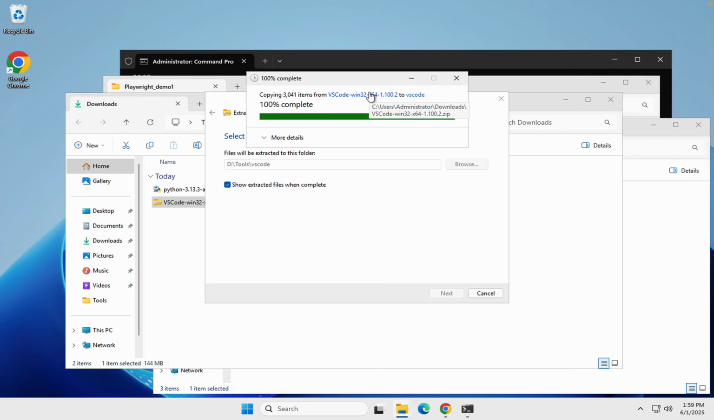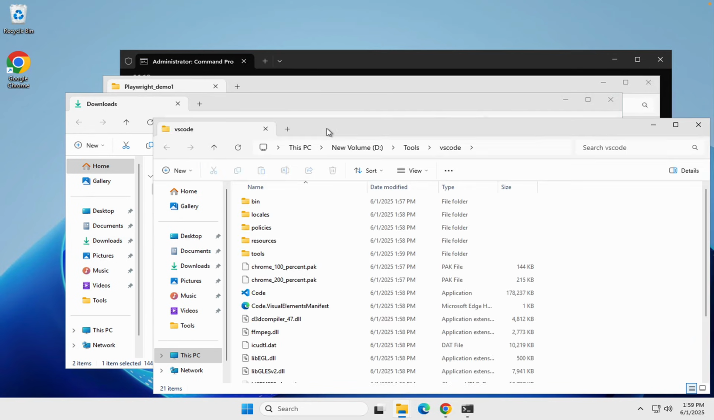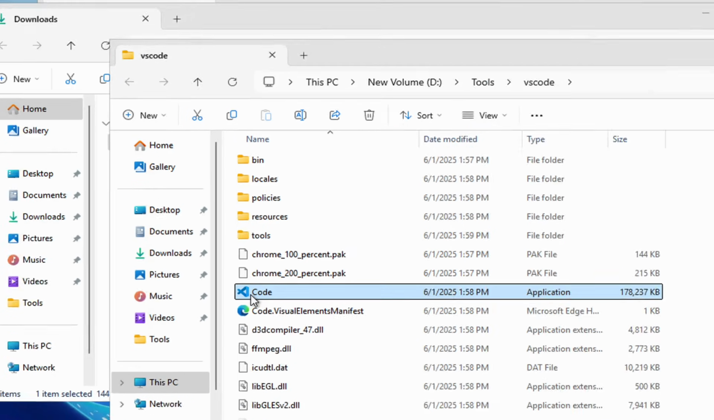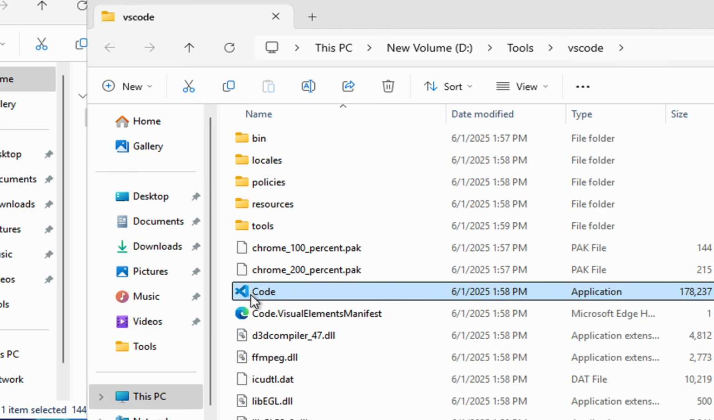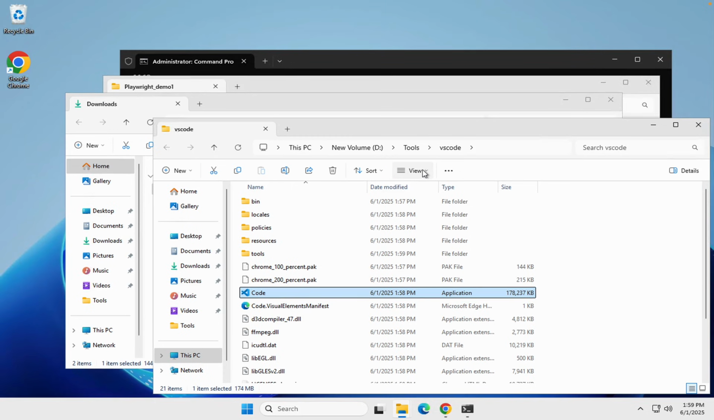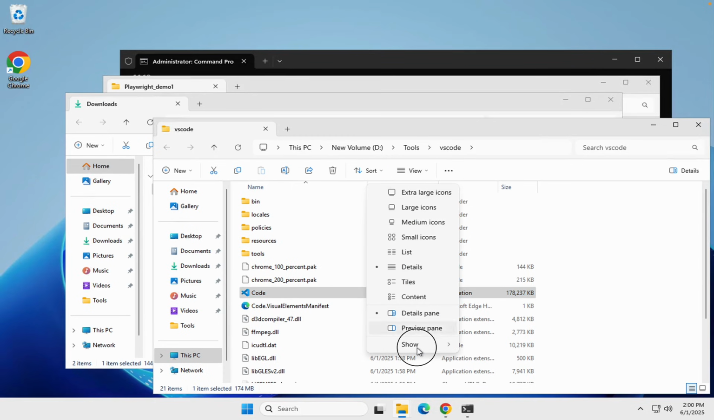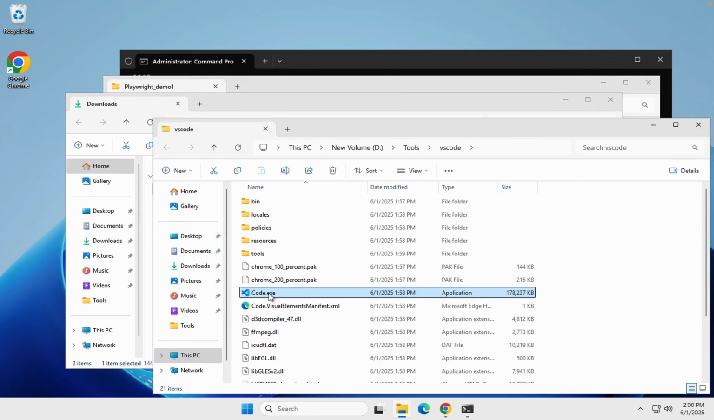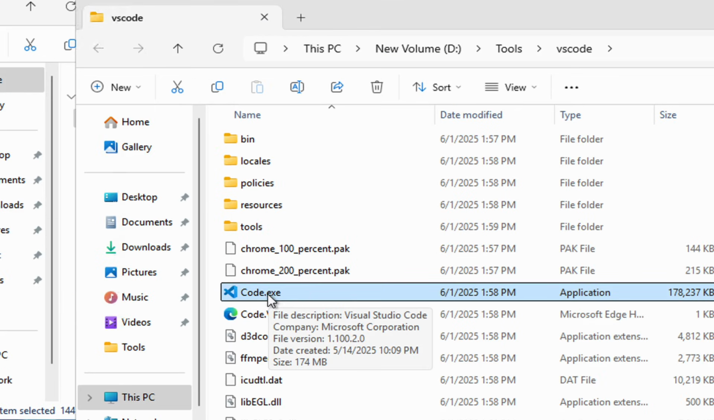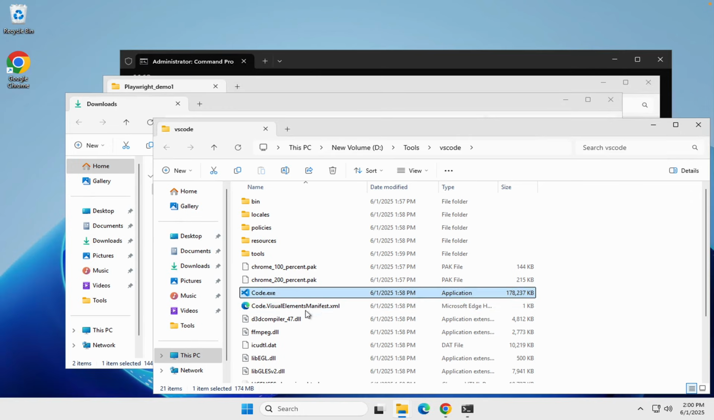Okay, so once this is unzipped, you should see this folder, and we have got all these files here, and here is the application file, which is the .exe file. In case you don't see the extension, that's fine. You can still say view and show file name extensions. So you can see this is the .exe file, or the application file, and I can double click here and open